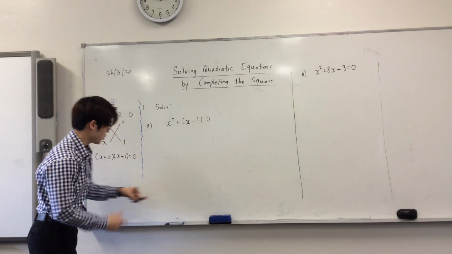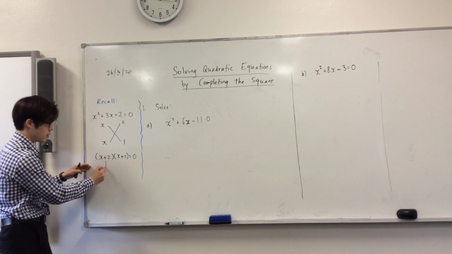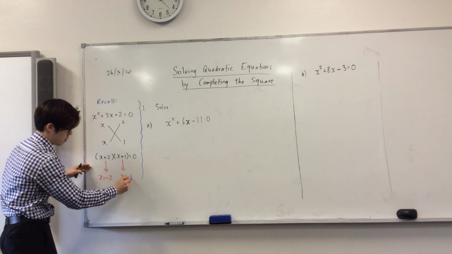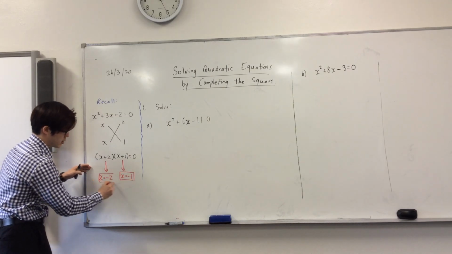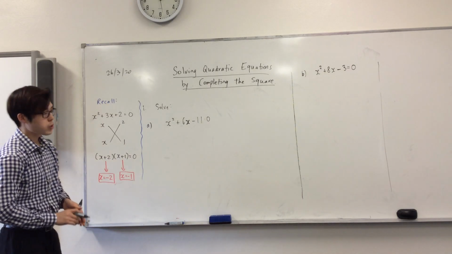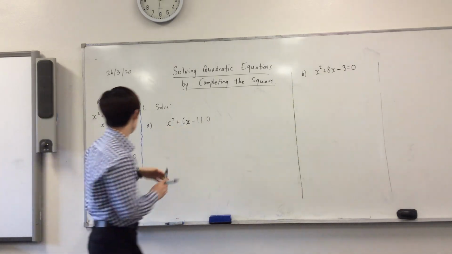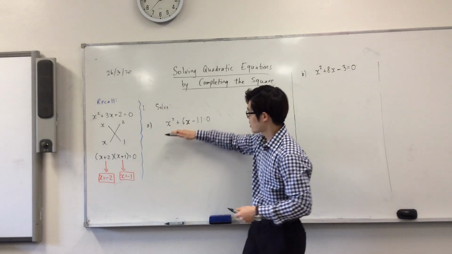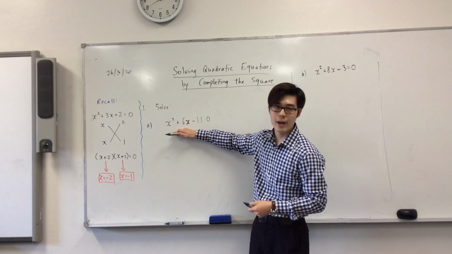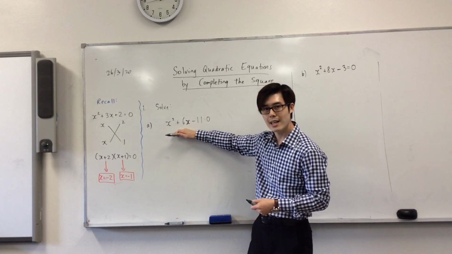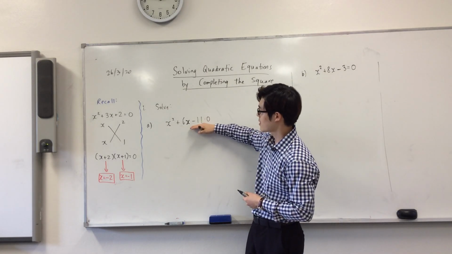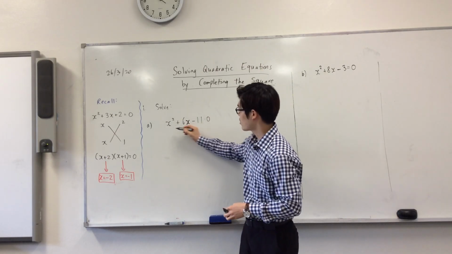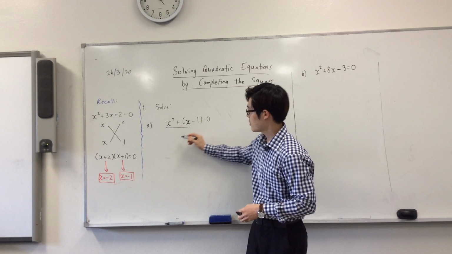Okay, and then from here I taught you how to solve for x by looking at the brackets individually. So we've got two answers here. Now, the problem in our next question is you can't actually easily factorize it like this. Because if you have a look at this equation, it's actually quite hard to factorize it because there are no two numbers that I can really multiply to get minus 11, but at the same time add to get 6. So the technique is, what you do is I'm going to write this out,